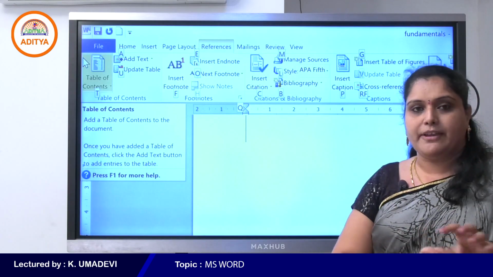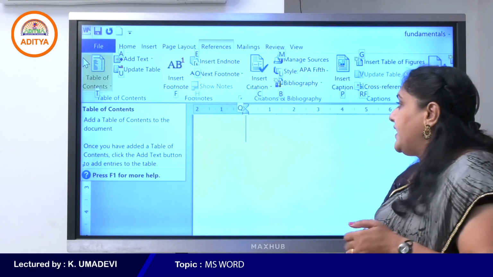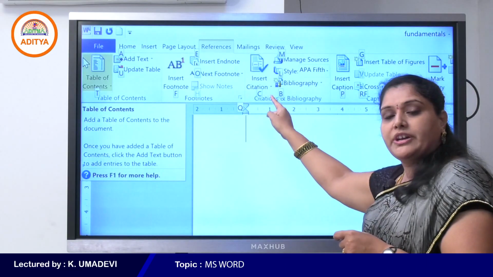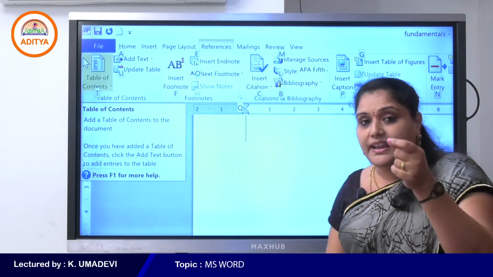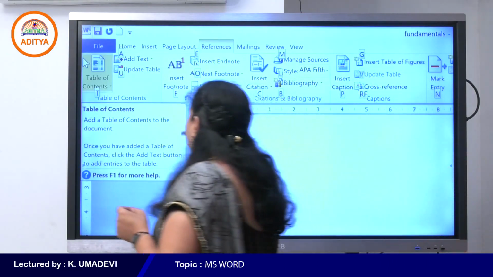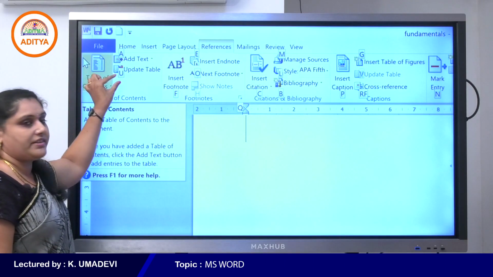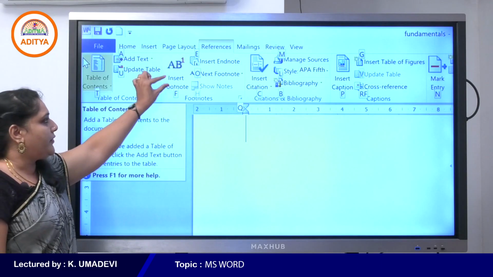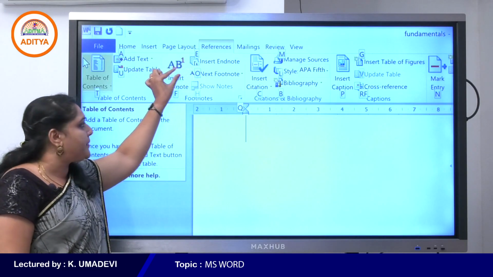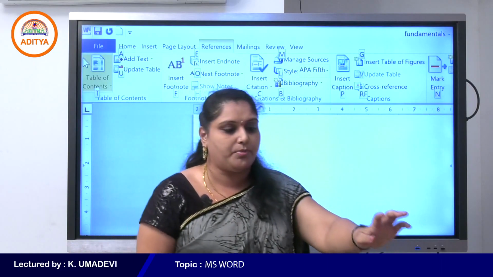Because we already pressed F10, simply press S to go to the references tab. And again, under the references tab, all the commands are displayed with characters or letters. If we want to use next footnote, for example, simply press O on your keyboard.